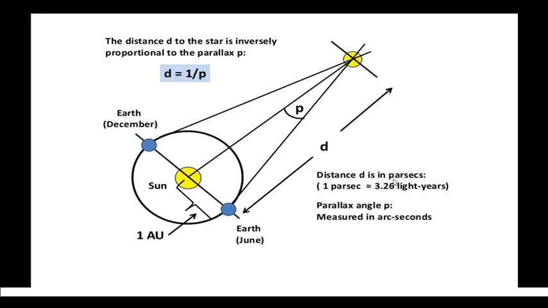Where we had measured distance D, which is in parsecs. We had already said that for absolute magnitude the star is taken at a standard reference of 10 parsec, isn't it? So we measure the distance to the star in parsecs, where 1 parsec is equal to 3.26 light years, and this parallax angle P is measured in arc seconds.